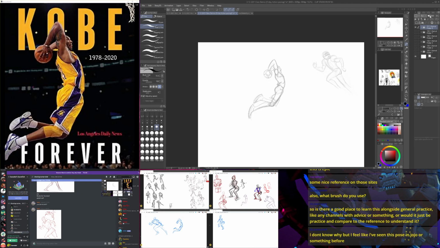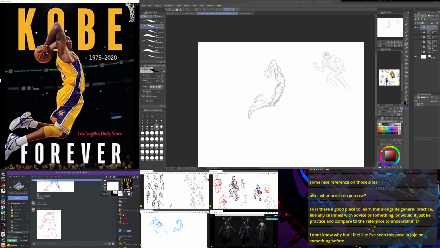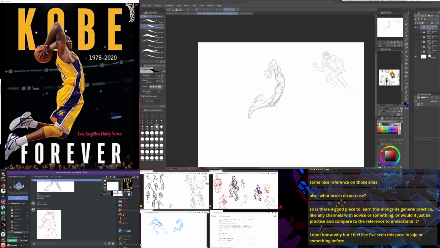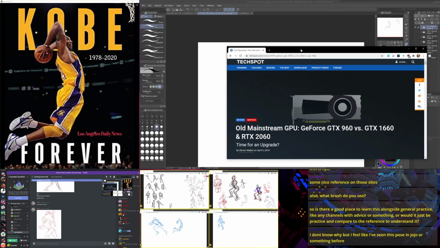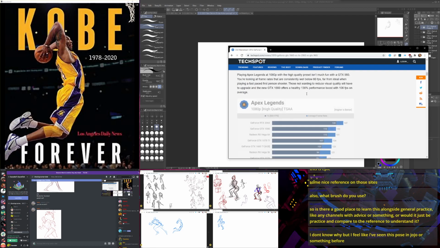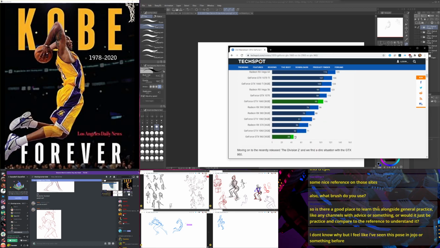Technically yes, however, there's one minor problem. What's the modern equivalent of a GTX 960? RTX 3060. No, I mean in terms of power. Let me look. Yeah, so it's pretty far down there.